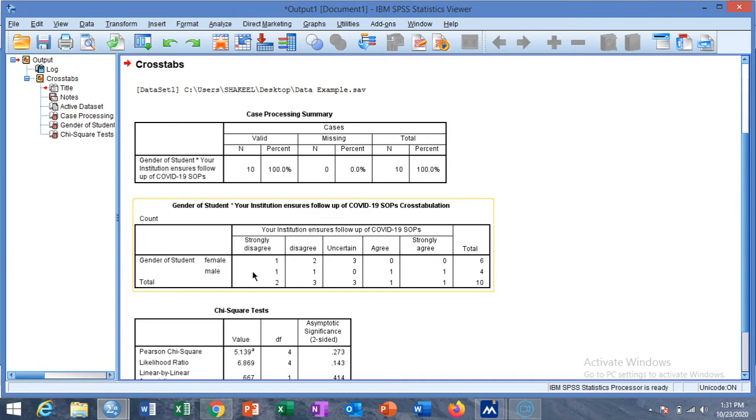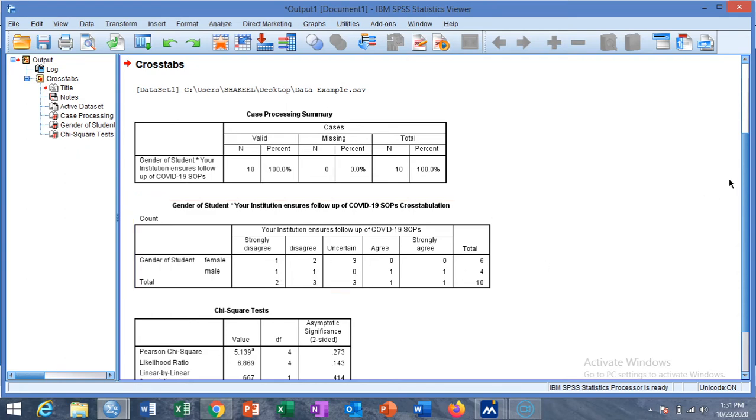You will see this cross tab. In this cross tabulation, there are many cells having less than 5 frequency. For example, for strongly disagree and females, there is only one respondent, and for strongly disagree and male, there is only one respondent. For such type of data, we seldom use a test like the Pearson chi-square test.